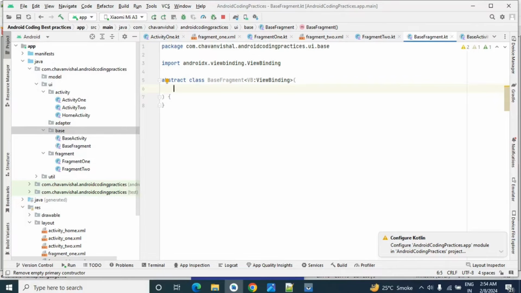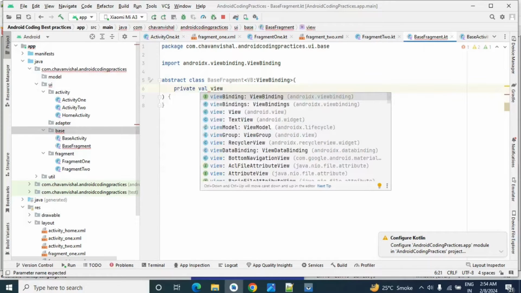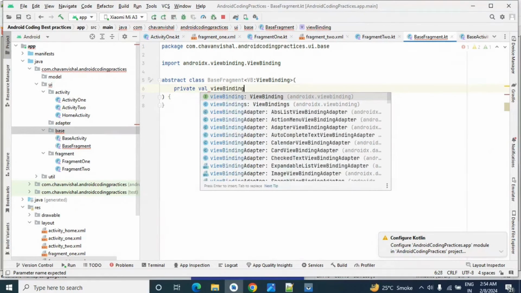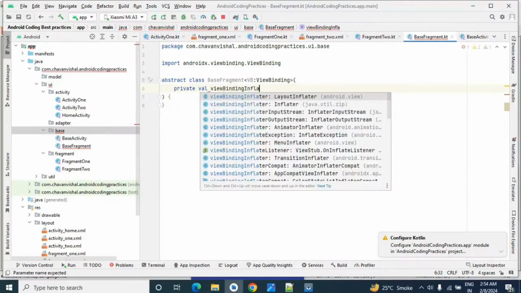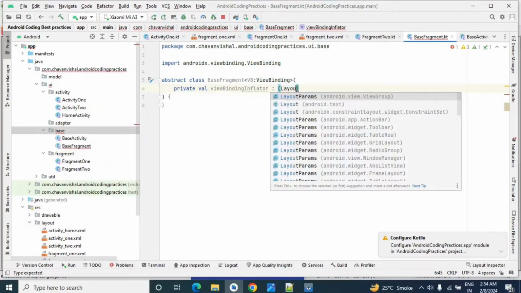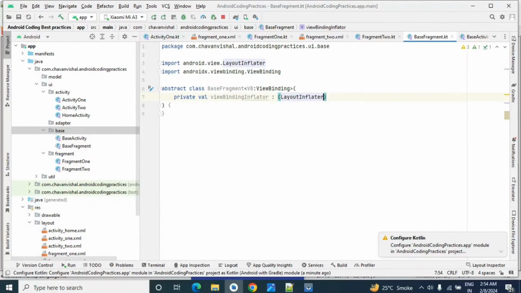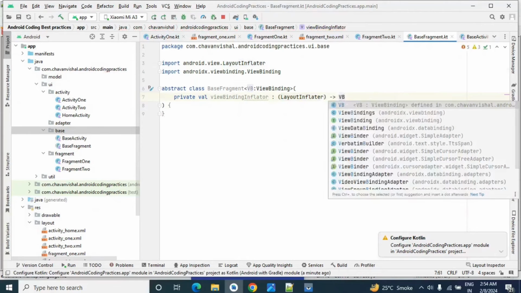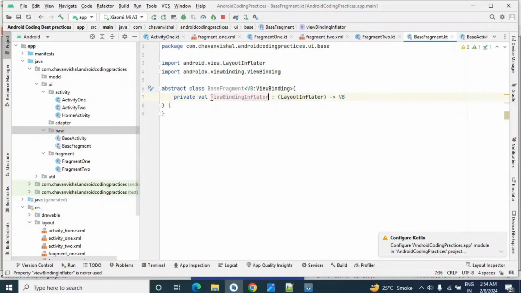So here we will write private val, and let's take the parameter as view binding inflator, and its data type is, let's assume, layout inflator, and its return type is VB.